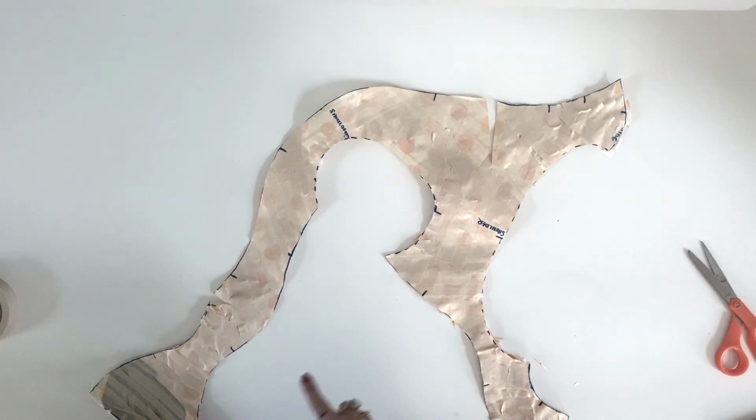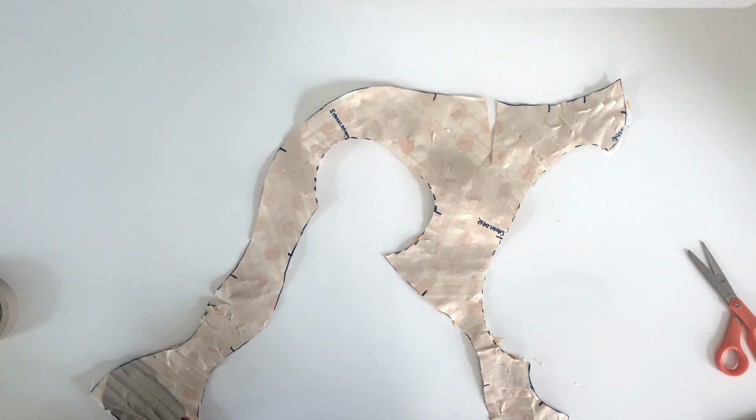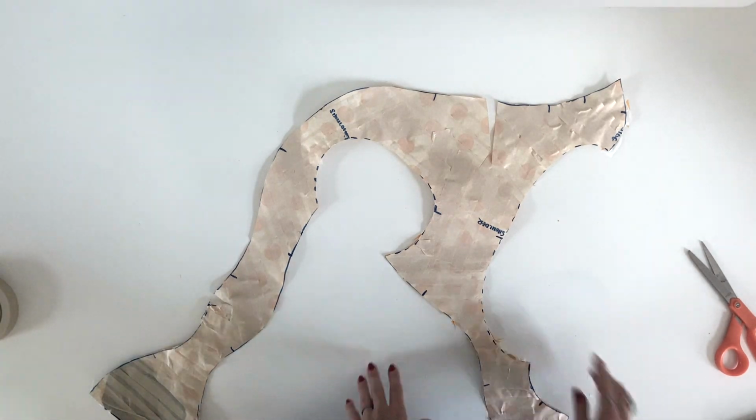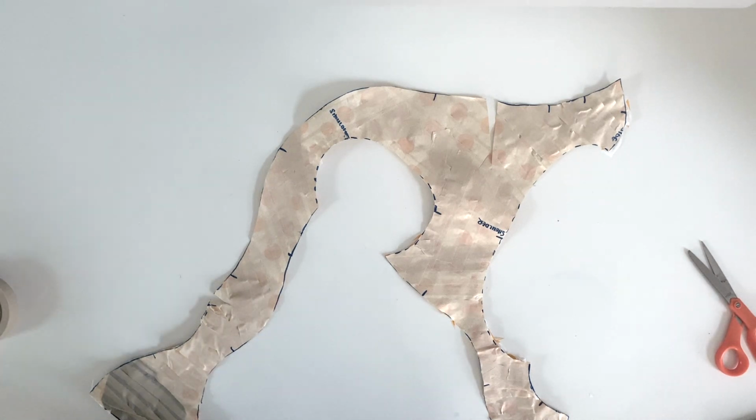Add in your seam allowance around the whole piece. True up those curves. Make sure you like the curves the way they are. Make sure you add those notches. Keep the ease in there so that you have a fully finished pattern piece. And in our case, we'll have 3 different pattern pieces in order to sew up and make a really awesome